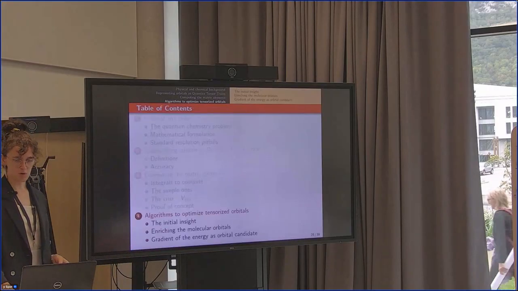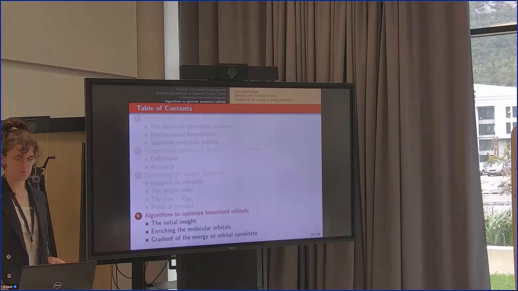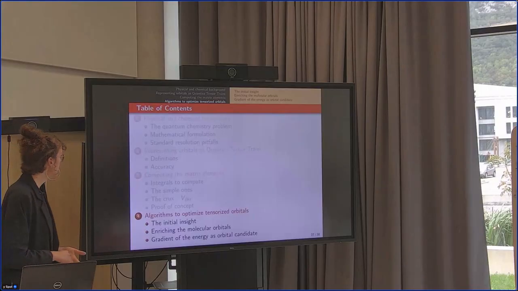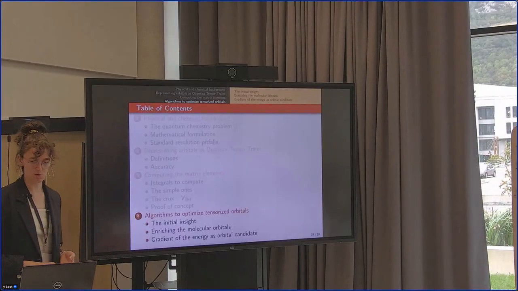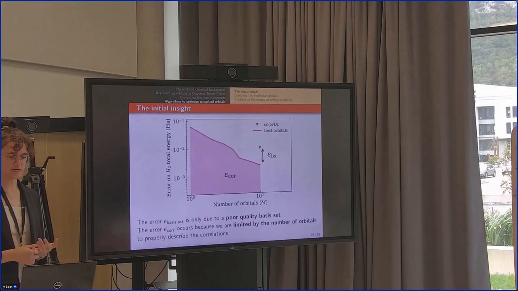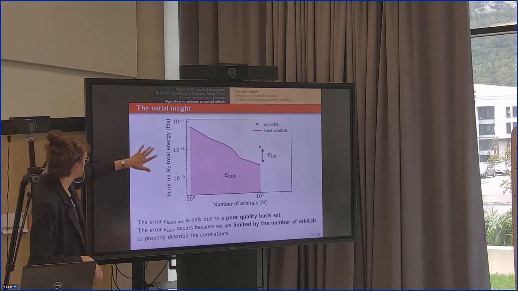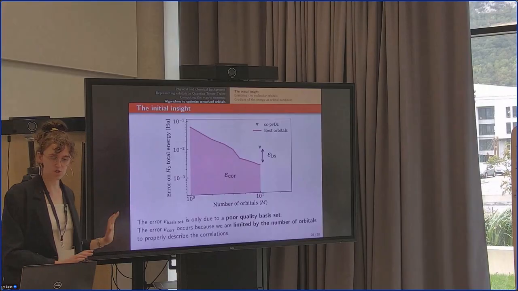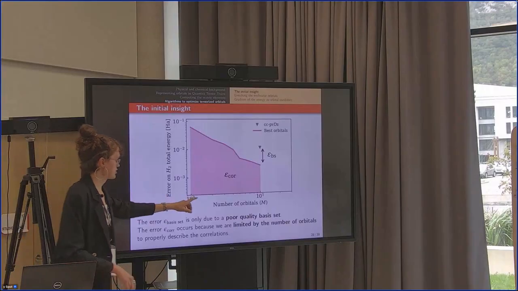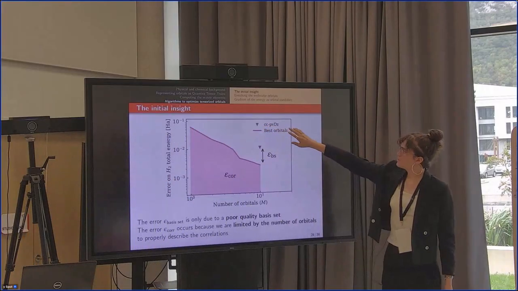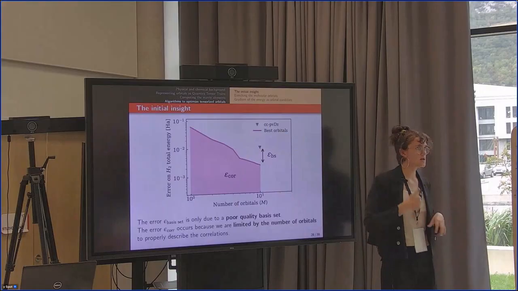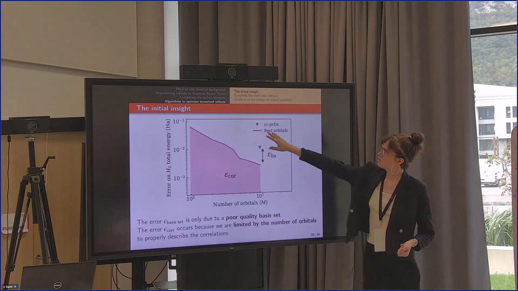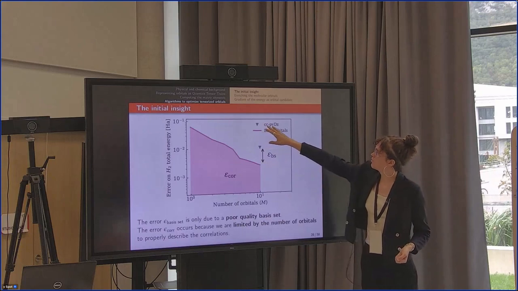Okay, so now let's get to the algorithms we developed to make use of the expressibility of these tensorized orbitals. The first insight that we get is on this plot. Here, I'm plotting the energy error I get for the H2 molecule as a function of the number of orbitals. The blue triangle is for the cc-pVDZ basis set. We saw it before. It's a small basis set, but not that great. Here it has 10 orbitals, accuracy of about 10 to the minus 3.